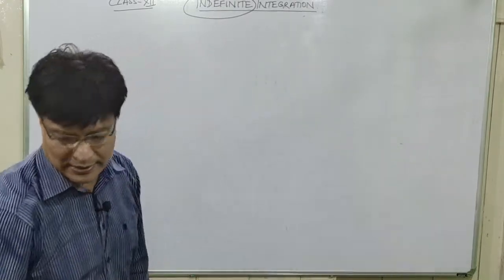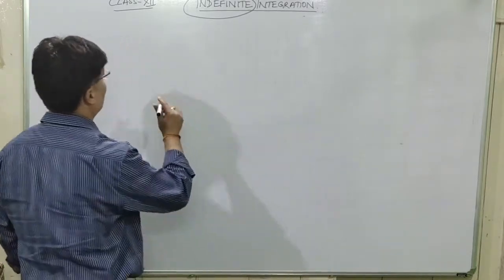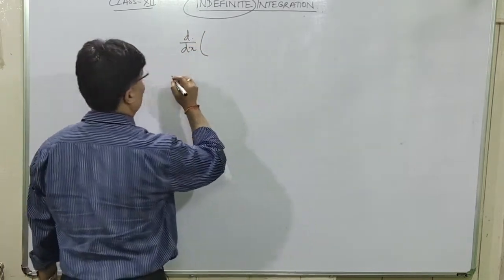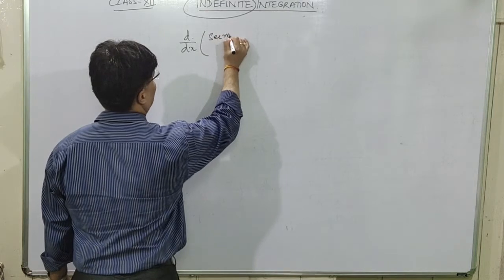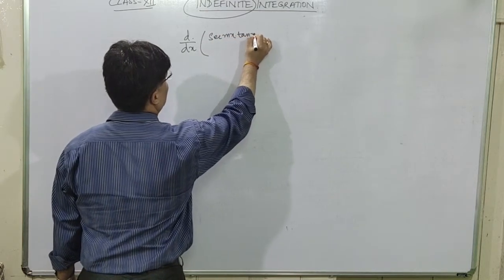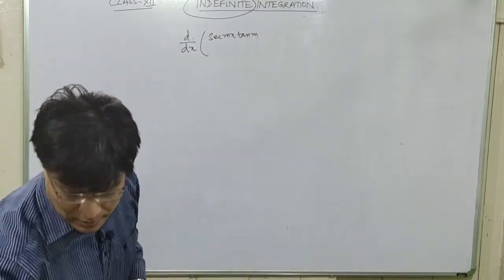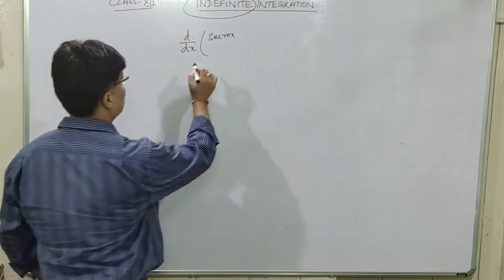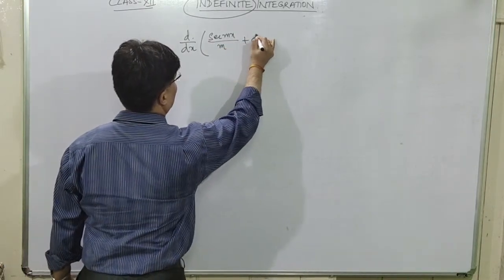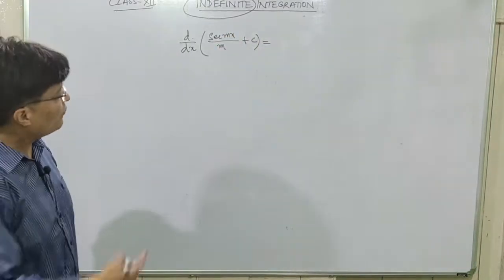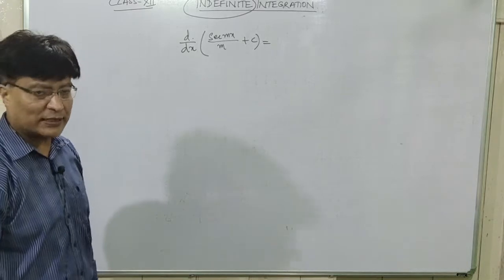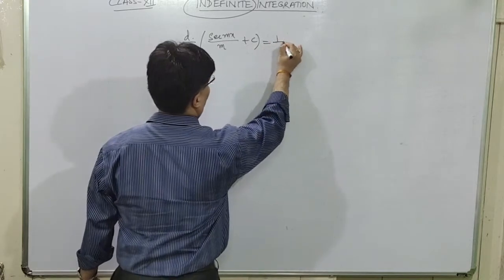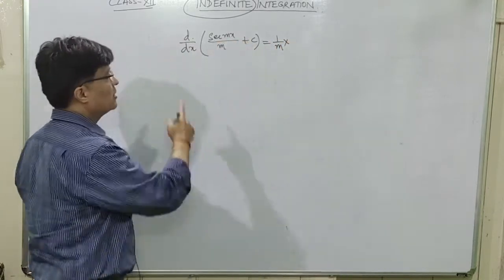So next example is, let us write down dy dx of sec mx, oh sorry, sec mx divided by m. Okay, dy dx of sec mx divided by m plus c is equal to. So you know how to find out the differentiation of this function, right? Here m and c are constant. So यसको differentiation कति? 1 by m constant into